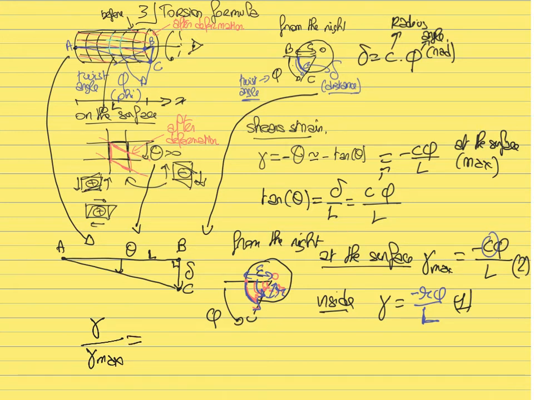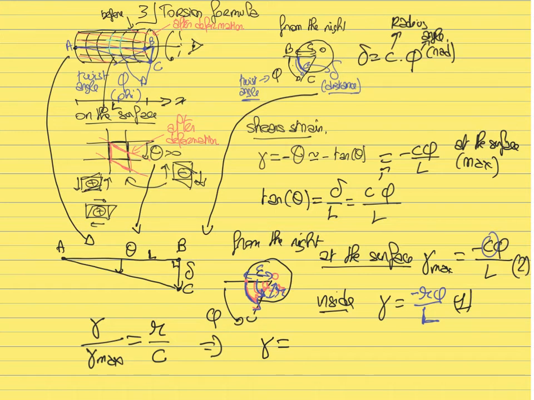So if I do this, the terms phi and L disappear and the minus sign gets cancelled out. All I get is the ratio between R, the distance from the center, and C, which is the radius. So that gives me a simplified expression, because now I can write that the shear strain inside the member,